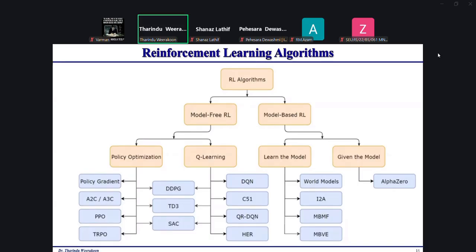For example, if we go with a model-free reinforcement learning algorithm coupled with model predictive control, we can combine them together to have a very good combination for the decision-making part of the navigation process.